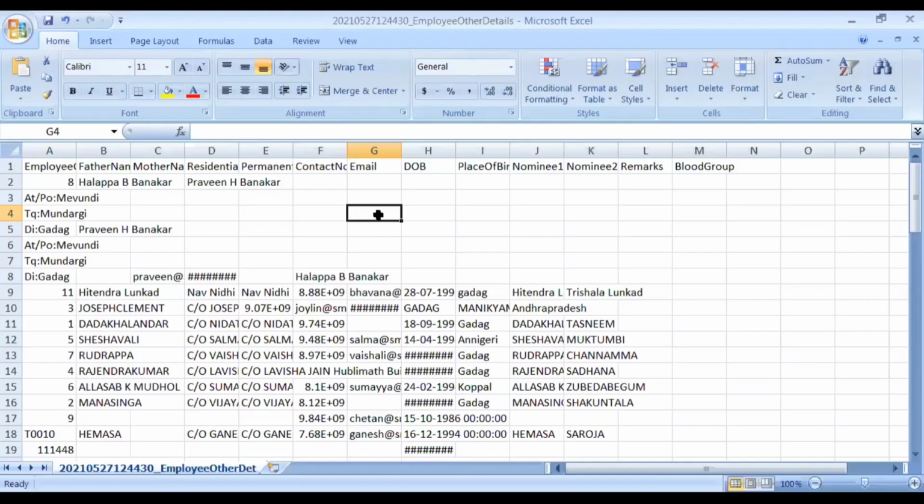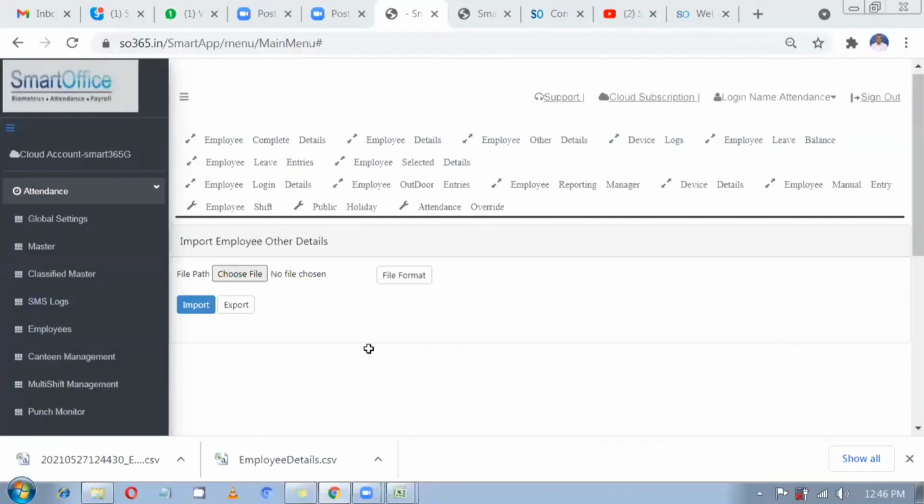Next, you have import employee reporting managers. If you want to import your reporting managers in bulk, instead of assigning them one by one, you have that option in employee reporting manager.